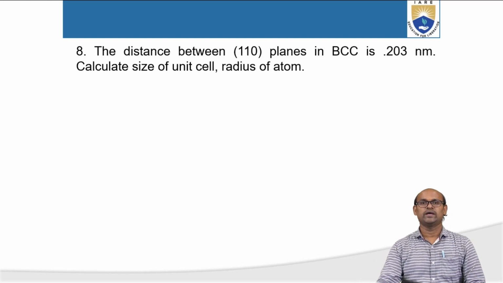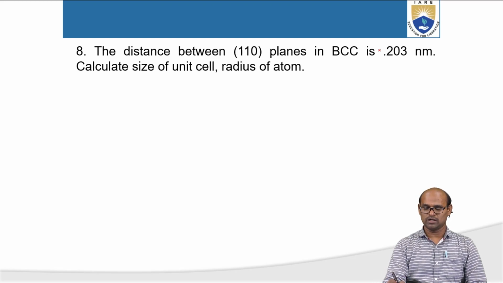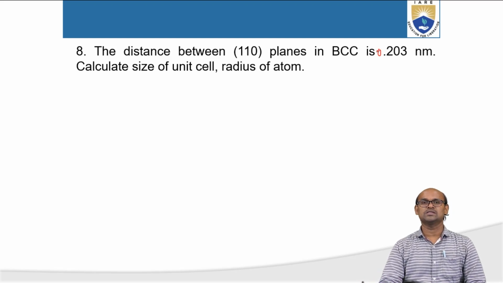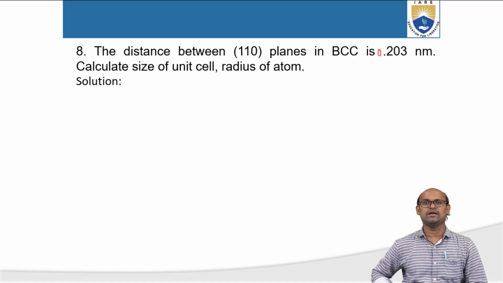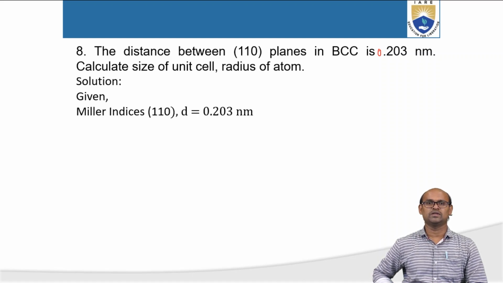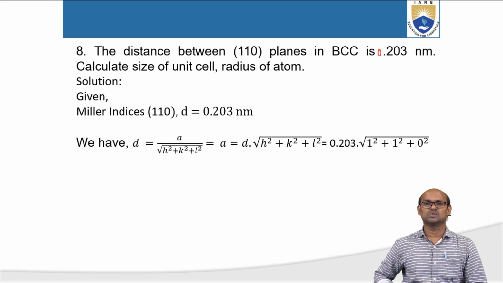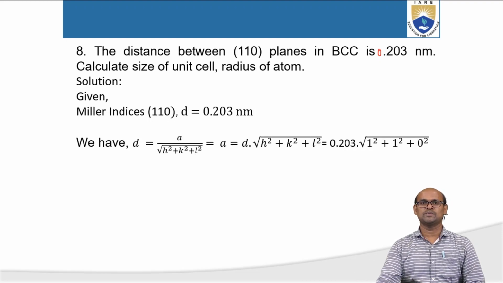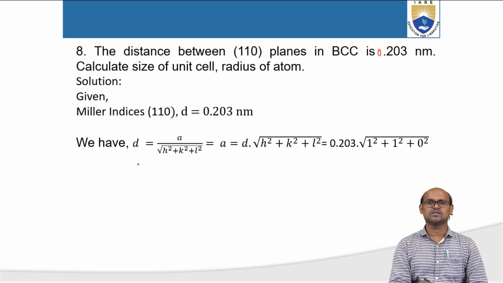Eighth problem. The distance between 110 planes in BCC is 0.203 nanometers. Calculate the size of the unit cell and radius of atom. Start with the given: Miller indices are 110 and the interplanar spacing d is given as 0.203 nanometers. The relation for interplanar spacing is